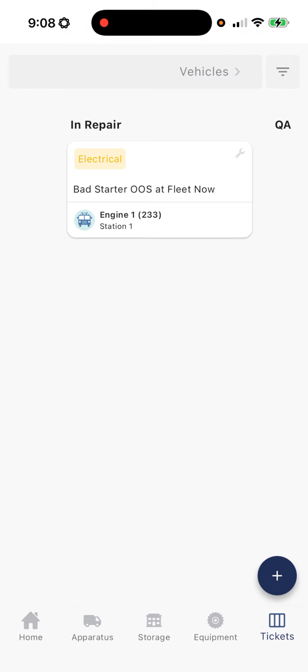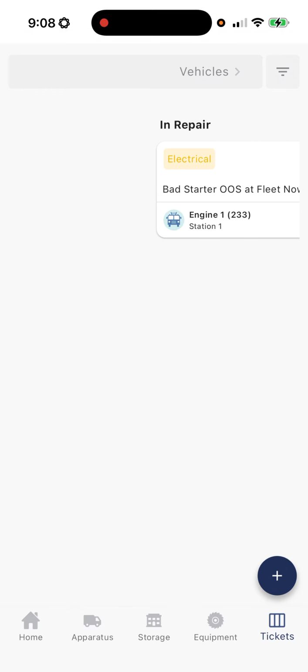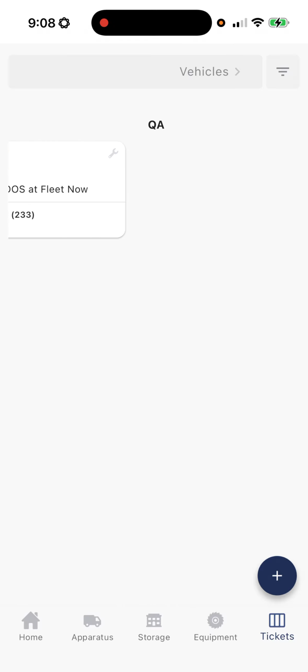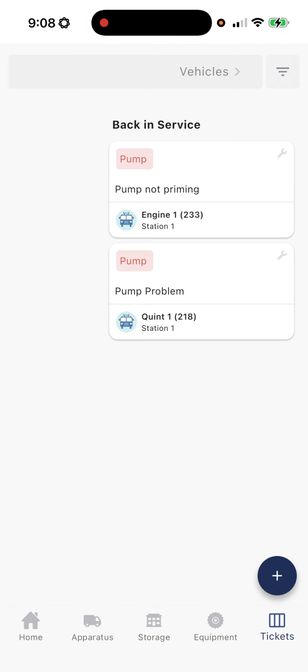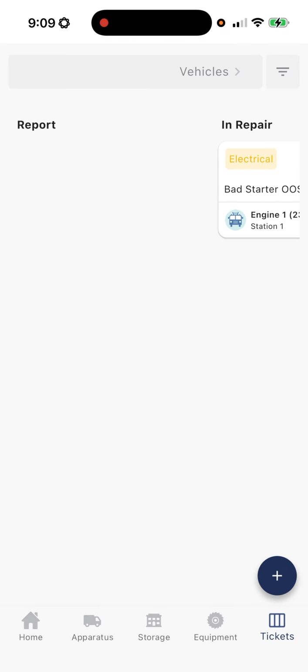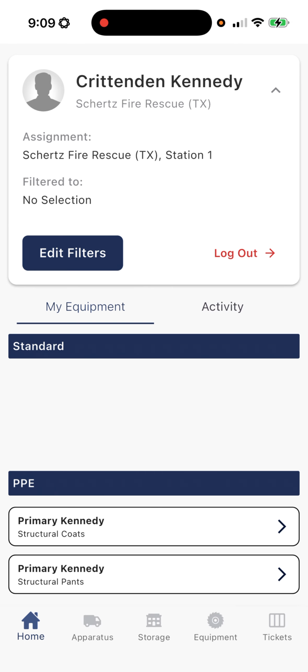If something fails in a check, it brings it here, and then it can be put in repair, and then there's a question and answers tab, and it can show back in service when it's done. That way everybody in the department can see what's going on, everybody's aware, there's not really any confusion with that. And then we go back home, and that's it. And I'll go over the checklists in the next